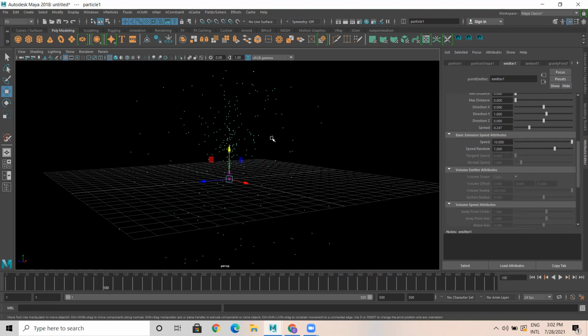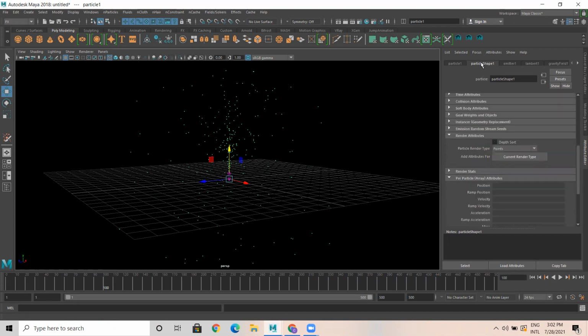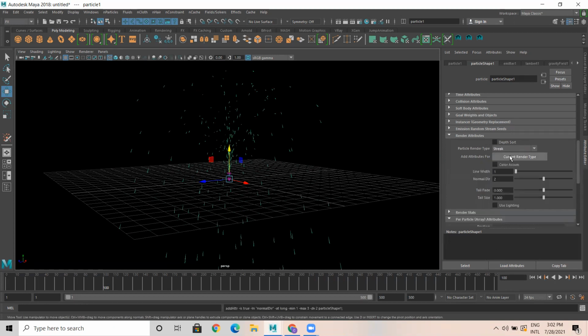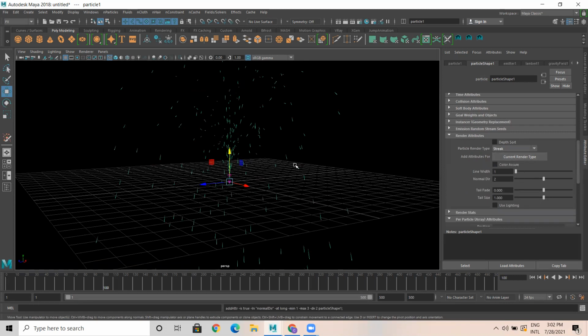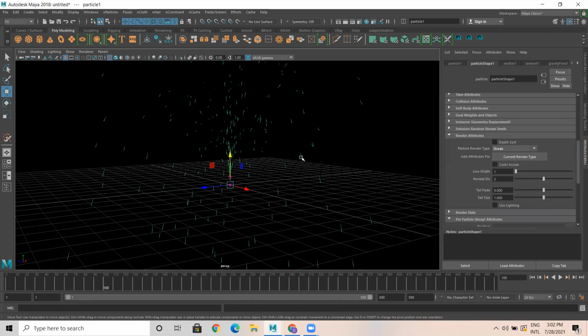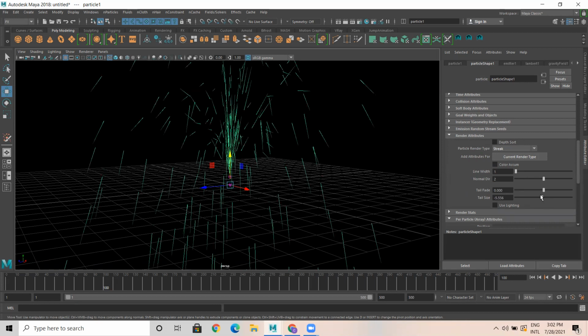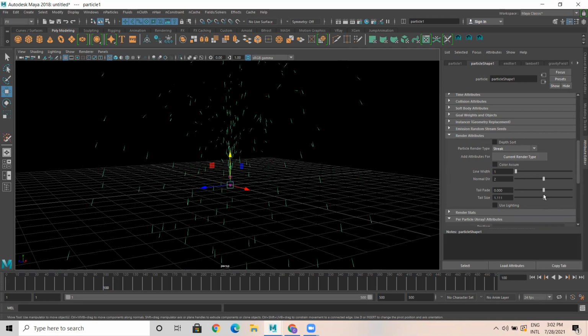Now let's do one thing. I'm going to select this particle. I don't want the particle to be point. I want this to be streak, and click on current render type. The streak looks like this. Here thickness is there in the front, and in the back side, it's like a tail. So tail size, I'm gonna place it like this.